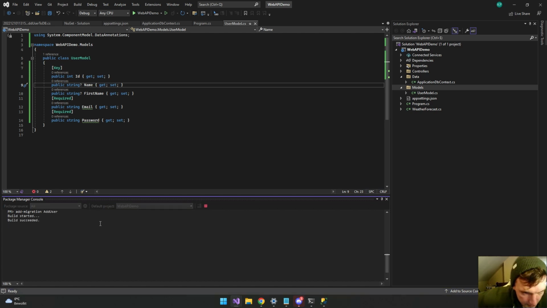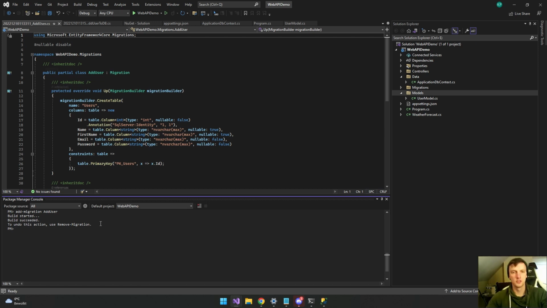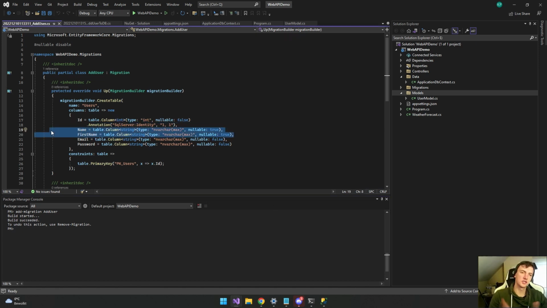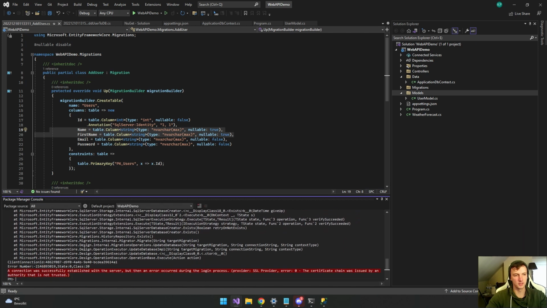Now you will see if you do this, nullable is true. So if you want something that can be nullable, you just set a question mark after the variable and it will create a nullable type. If you like this and you want to update it to the database, you just type update database, press enter, build started, build succeeded, and it will push it to the database.